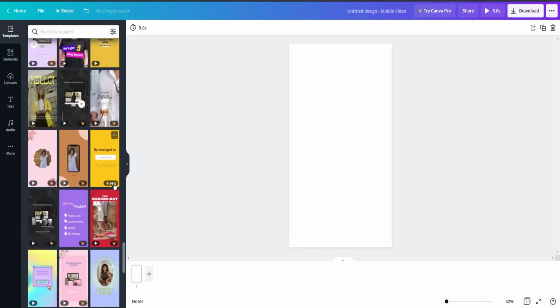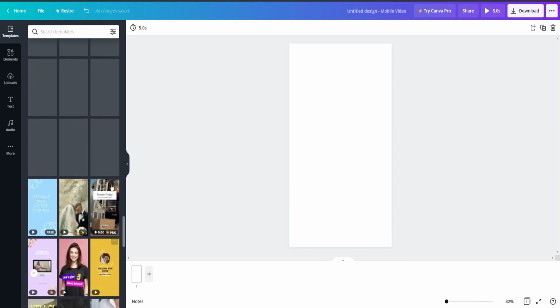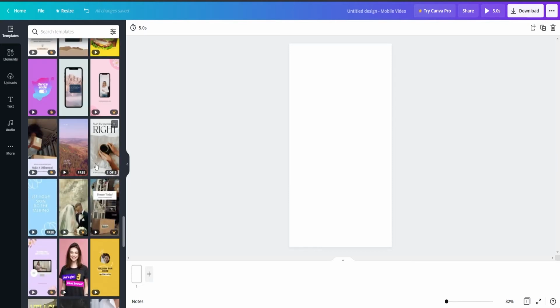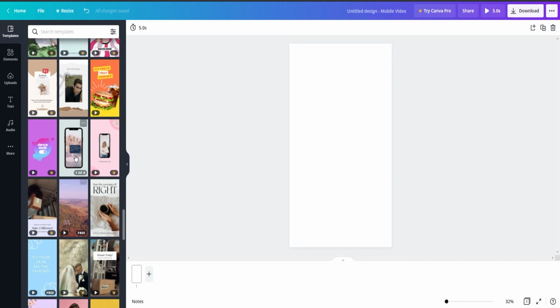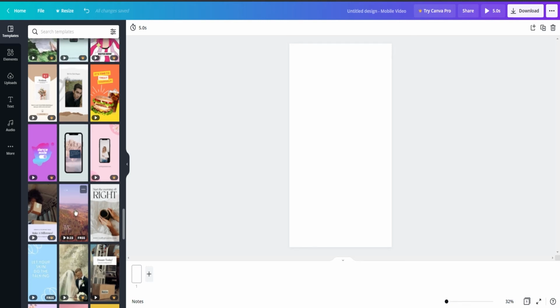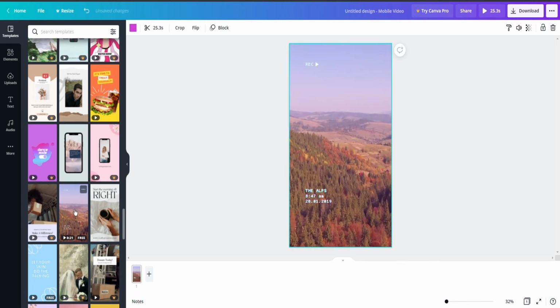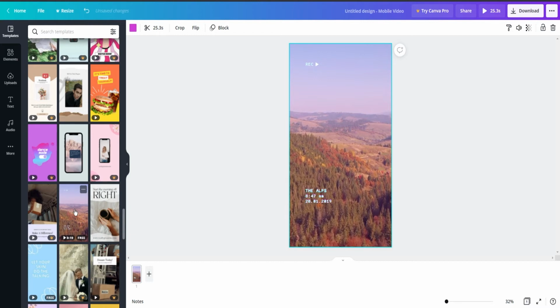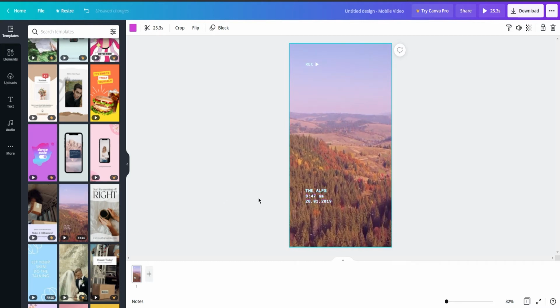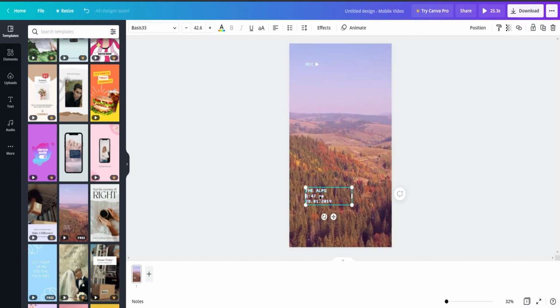Now when you look at these guys, if you see this little crown that says Pro, that means that it's paid, so you can't use that. Well, you don't want to use that because it's paid, but here's another one over here that is absolutely free. So I'm going to show you how to loop this as well. Let's say we wanted to use this one over here. We're just going to delete the other elements in this template.